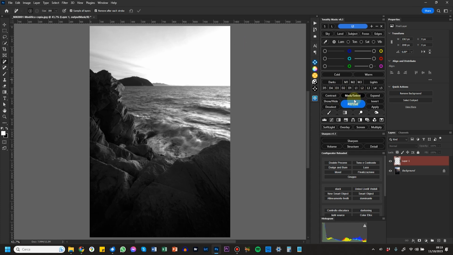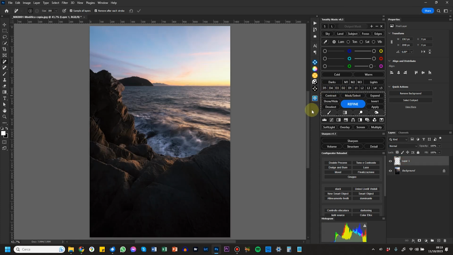Now, if I want to load this mask as a selection, I can press Mask Select. Now the mask I had in preview is an active selection. The TM panel shows me with this rectangular marching ants sign that the mask is active as a selection.